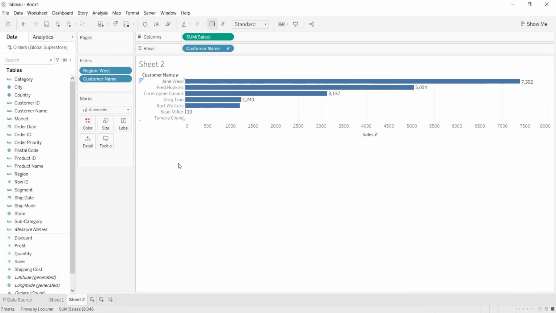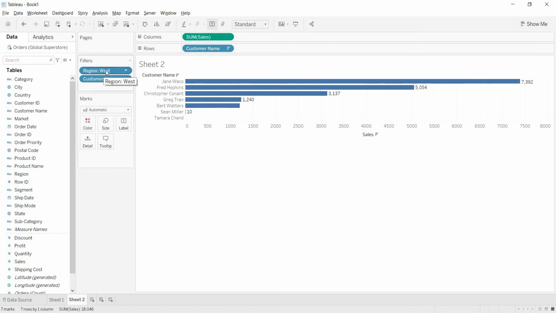Because here, to get your customer list in the West region, you applied 2 filters. The first filter is region equal to West, and again on customer name you applied the filter top 10 by sales sum. See, here in Tableau, whenever you apply any filter, all the filters will work independently.